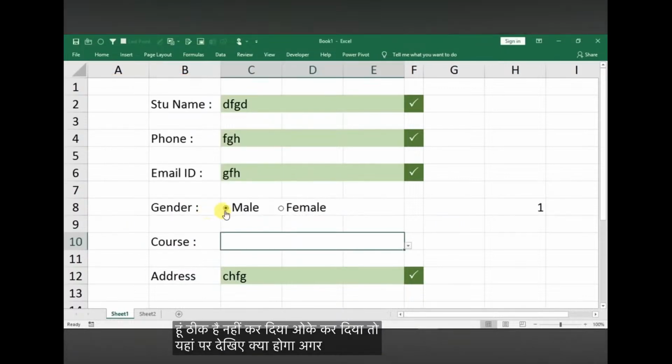तो यहाँ पे देखिए क्या होगा, अगर मैं पहला बटन सेलेक्ट करूंगा तो यहाँ पे 1 है, अगर सेकंड बटन सेलेक्ट करूंगा तो यहाँ पे 2 हो गया। तो इससे हमें ये पता चल जाएगा कि हमने इन दोनों में से मेल को सिलेक्ट किया है या फीमेल को सिलेक्ट किया है। इतना समझ में आ गया। यहाँ पे लिस्ट है, अब नीचे हमें एक बटन बनाना होगा। अब बाकी का काम कैसे होगा देखिए,